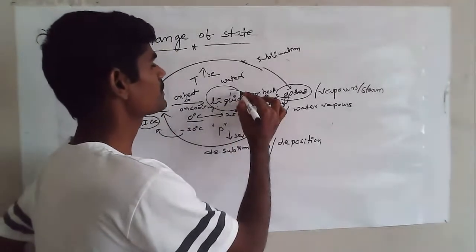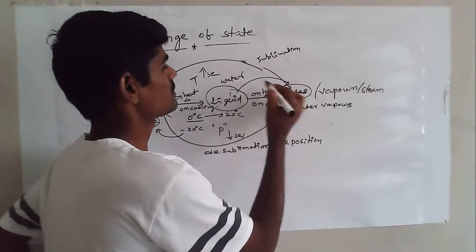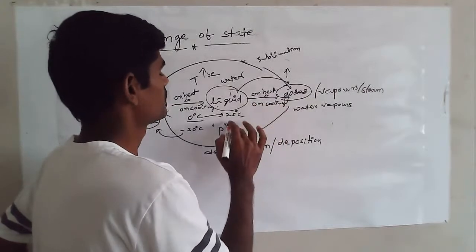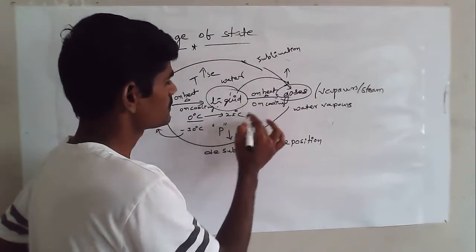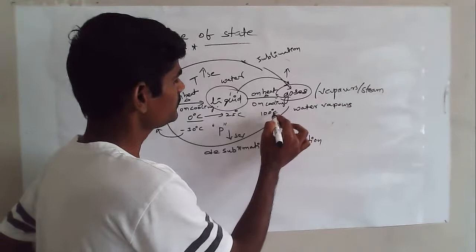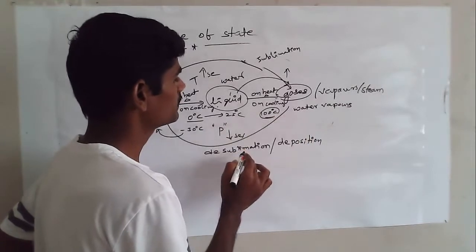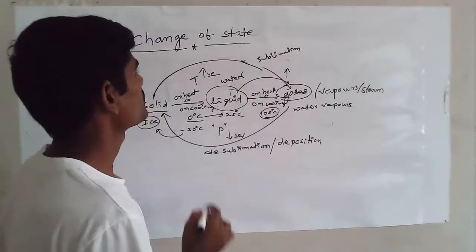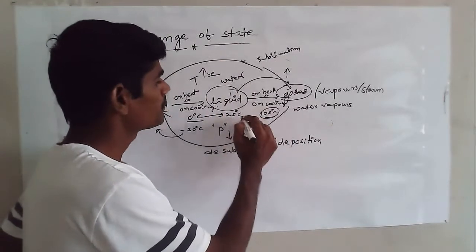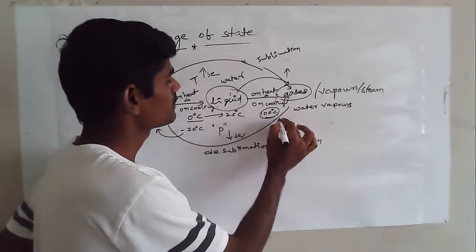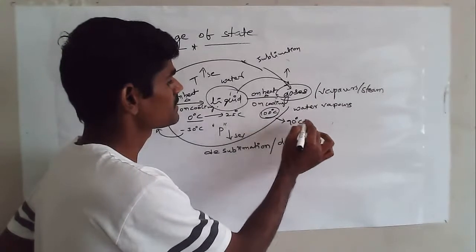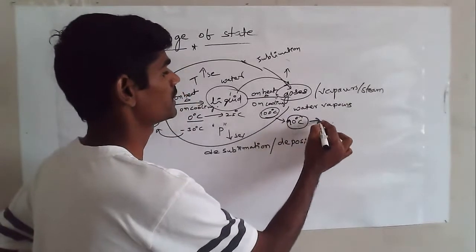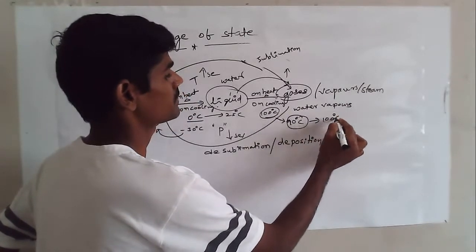Similarly, the liquid state of a substance also converts into gas state continuously on heating. It means the temperature rises from 25 degrees Celsius to 100 degrees Celsius here. This is the boiling point of water. For example, water is taken for conversion of state. Below the boiling point, nearly 90 degrees Celsius, water starts boiling. Water boils when 100 degrees Celsius